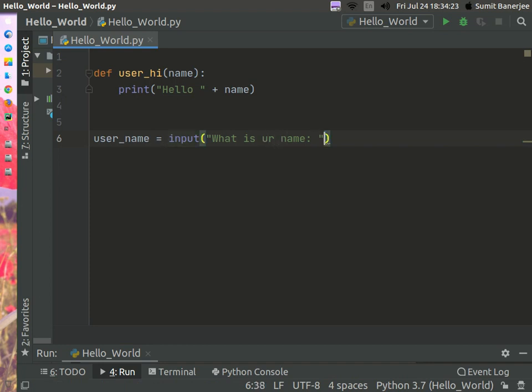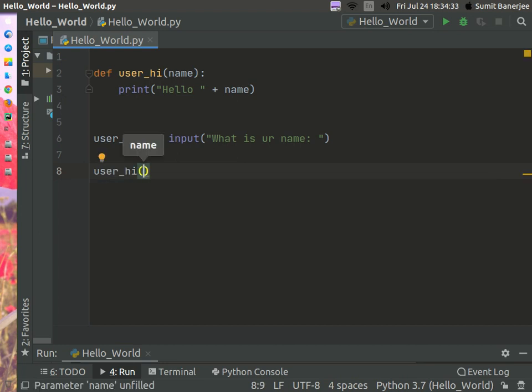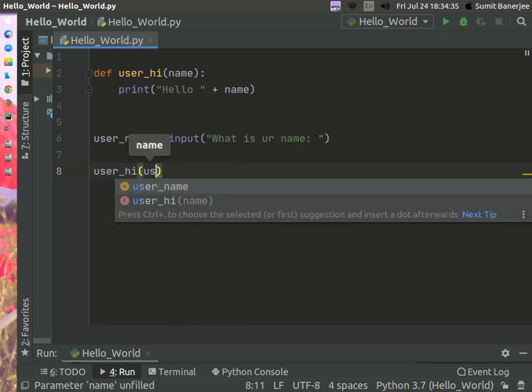Now after this you can just call the function by saying user hi, and then inside this you can just give username.